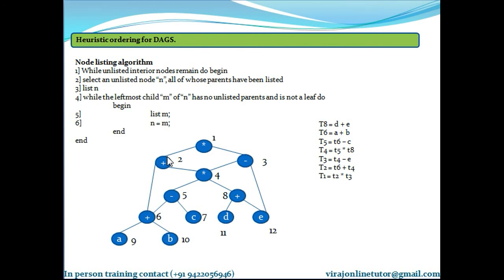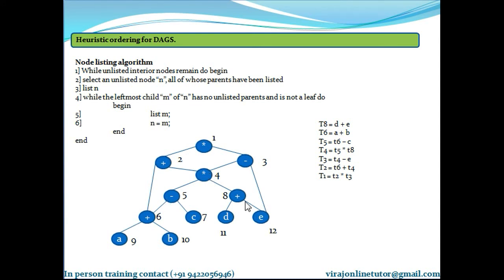So the suggested order of evaluation is the opposite of the list that we have found out. I repeat, the suggested order of execution is exactly opposite of the list that we have found out. What is the list that we found out? 1, 2, 3, 4, 5, 6 and 8.